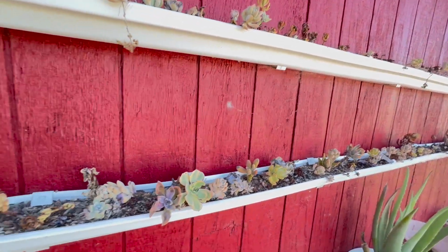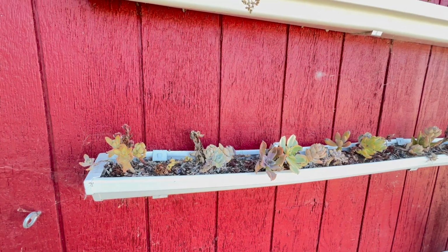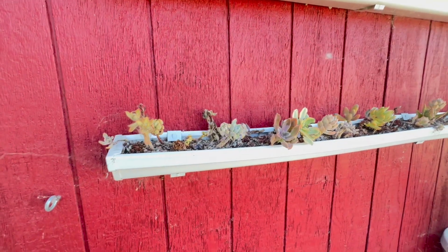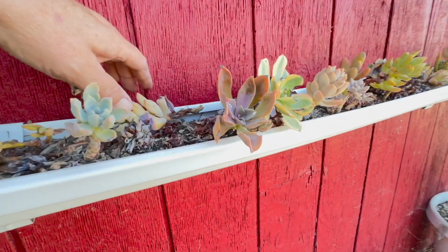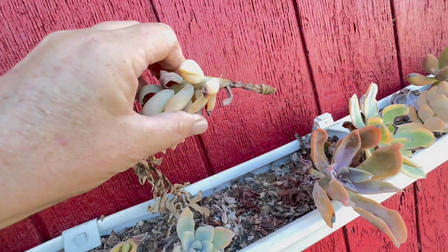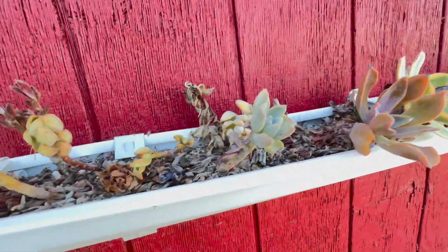I probably won't put them back again for another week or so, because next Tuesday, what day is today, Wednesday, so next Tuesday it's supposed to be 99 again. I'm just so over this heat. But we'll see what happens. I see a lot of them have just kind of rotted, but that's a good plant. I just need to trim it up, cut off all this part of the stem, and I'll be able to